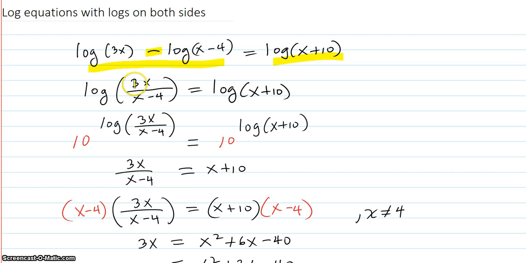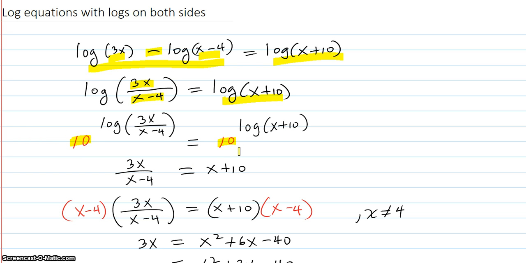So here's the quotient. We would contract it back to here: 3x divided by x minus 4. And this side just gets copied down. Then we put 10 as a base on both sides. That's where this method comes in handy, putting the base of the log as a base on both sides of